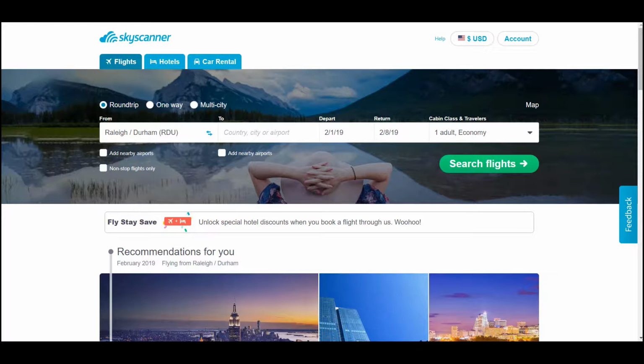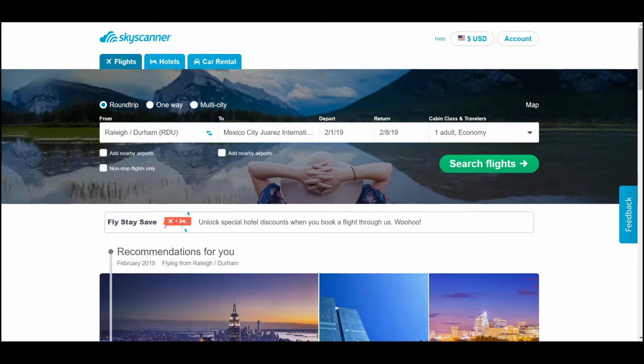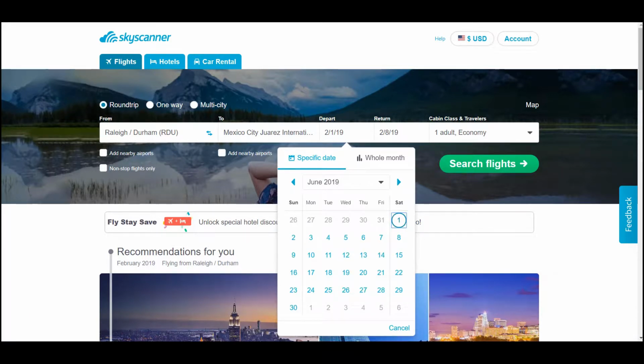I think this is a very important feature for multi-flight searches, as the more options we have, the better off we are. So here I'm going to fly out, let's say Raleigh Durham Airport, and I'm going to pick Mexico. I'm going to go to the capital of Mexico, which is Mexico City, and I'm going to select dates. So maybe I'm interested in going in the summertime, say around June, let's do June, and let's put